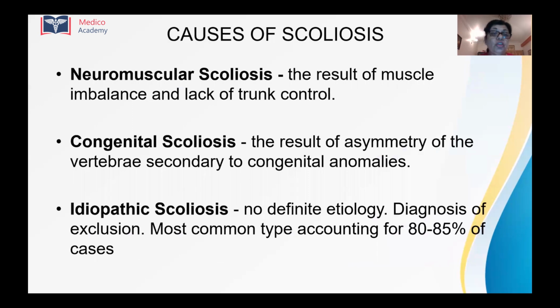Now, the causes of scoliosis. It may be of 3 types: neuromuscular, congenital, and idiopathic. The neuromuscular is the result of muscle imbalance and the lack of trunk control. Congenital is the result of asymmetry of the vertebra secondary to a congenital anomaly. And idiopathic, which has no definite etiology but is the most common type, accounting for 80 to 85% of the